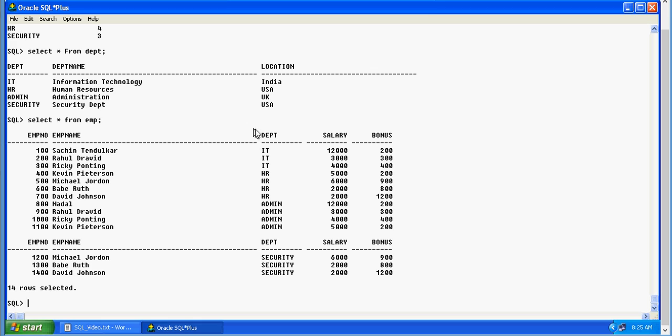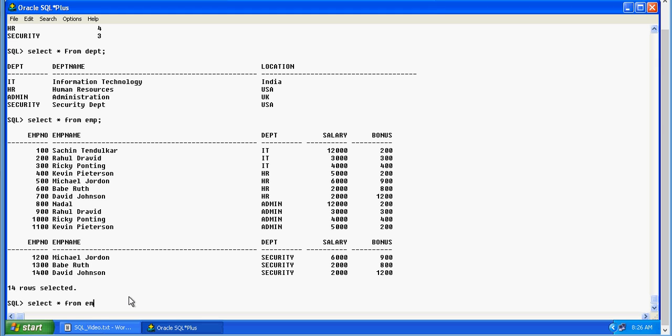Now, it's not important to connect or join two tables on primary and foreign key only. We'll see different examples of this. But for now, I'm going to join department and employee on a common column, and there is only one common column in these two, which is department. So let's see how to join two tables. In order to join two tables, you have to still write the same SQL, but with tables separated by comma.